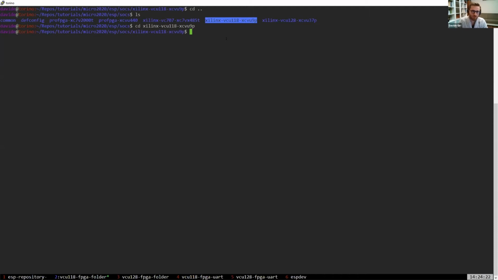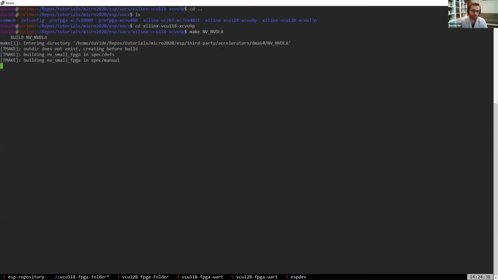So first I'm going to show how to use NVDLA in ESP, and then I'll show you a little bit how we integrate it. For NVDLA, all you need to do is move in your folder and launch a target called make NVDLA. This is going to do 2 things. It's going to generate the RTL for the NVDLA hardware based on a specific configuration. In this case, we are using the NVDLA small configuration. While this is running, I will take a second